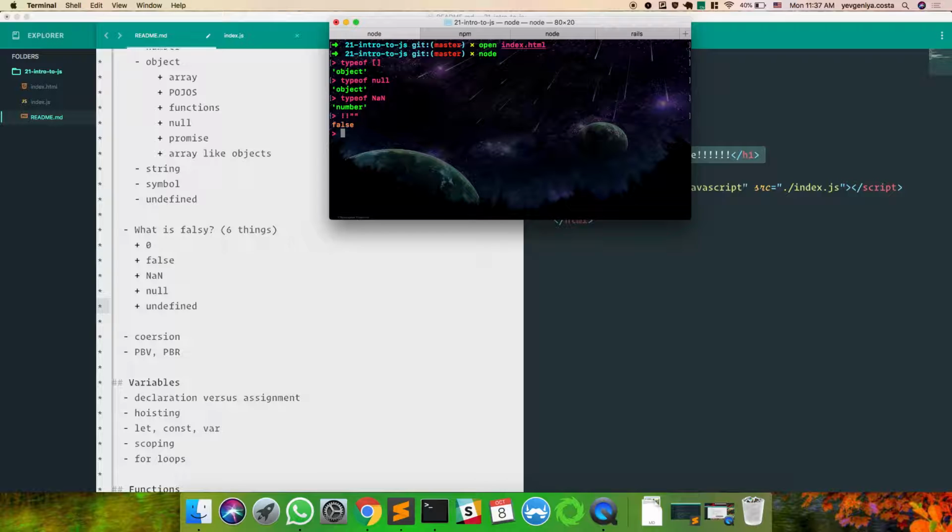What can you do in JavaScript? Think outside the box. Yeah, so you can check if the dot length of an array is truthy or falsy. Because if it's 0, it's going to be falsy. So that's a super useful thing you can do.